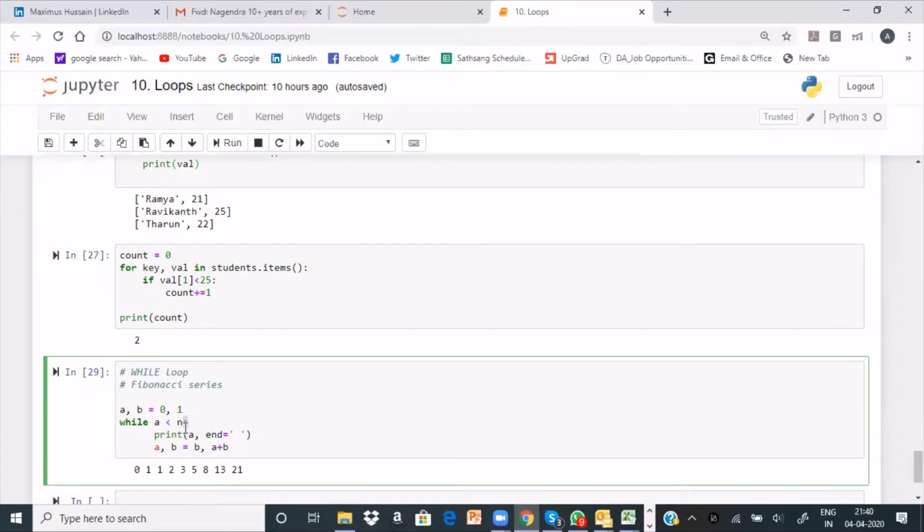While A less than N, print A comma, end equals to space, A comma B equals B, A plus B. What is the Fibonacci series? 0. You take the next number, add that one, 0 plus 1, 1, 1 plus 1, 2, 2 plus 1, 3, 3 plus 2, 5, 5 plus 3, 8, like this. This is what the Fibonacci series is all about.